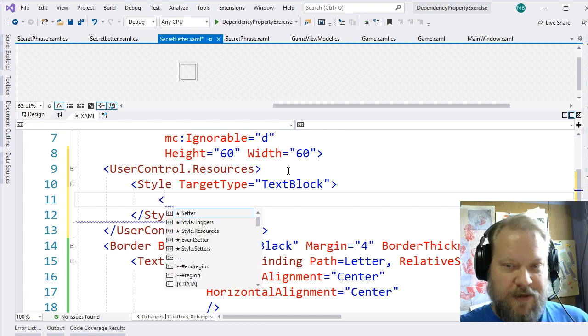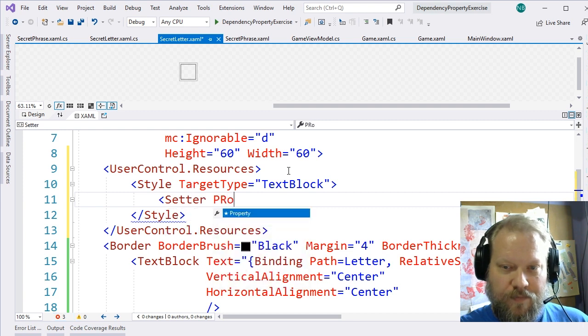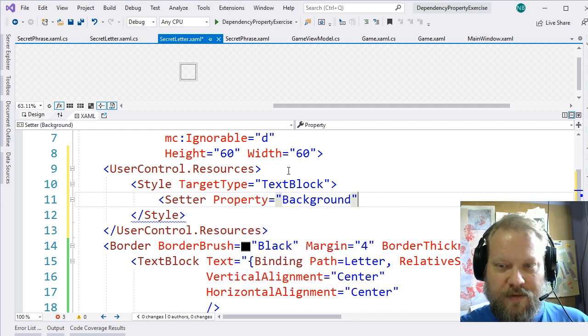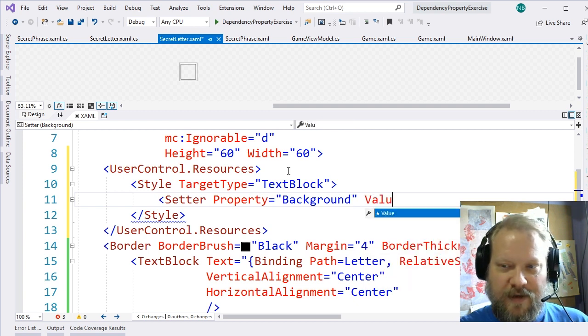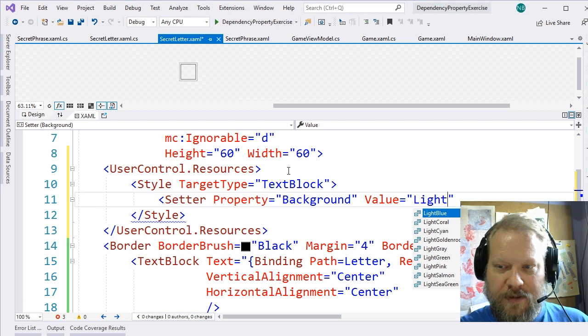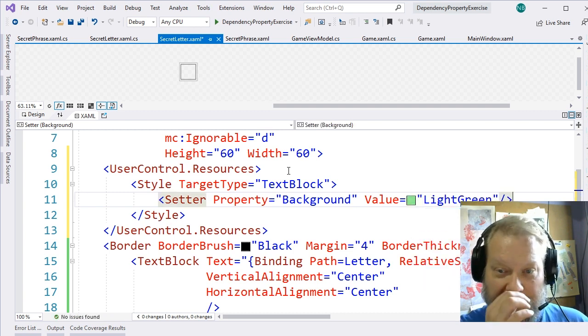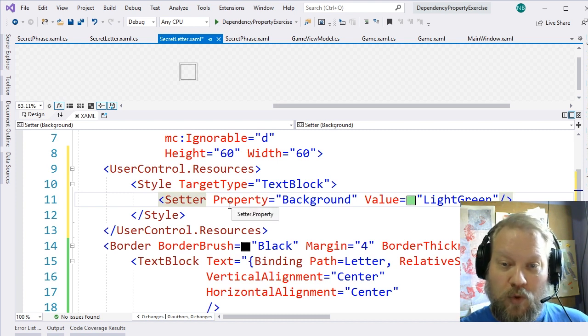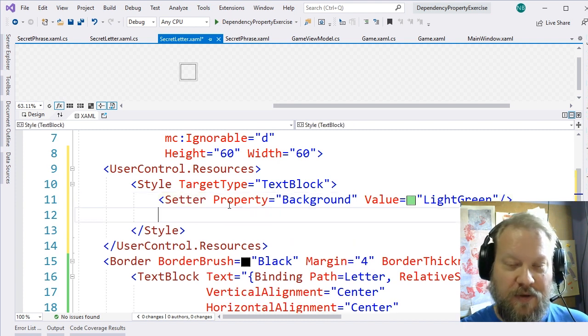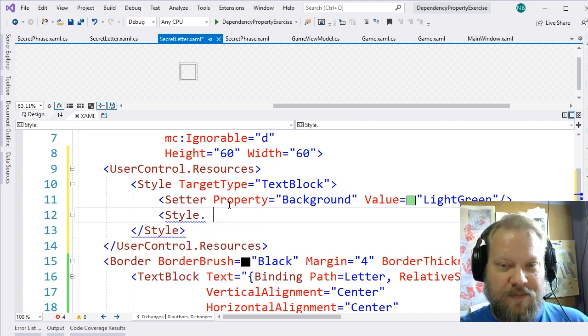And inside of this, let's set our background. Let's do a background color here, and let's set this to value equals light green. So I want this to actually be the color when we have guessed that letter. I'm going to add some conditionals in here so that we can change what this looks like based on how we're guessing. We'll add a style,